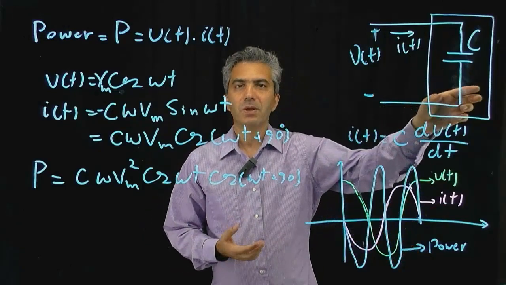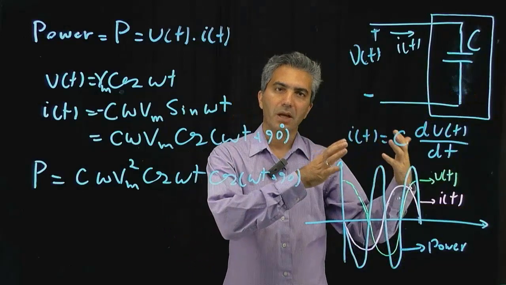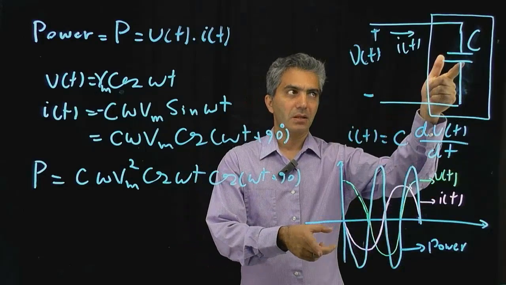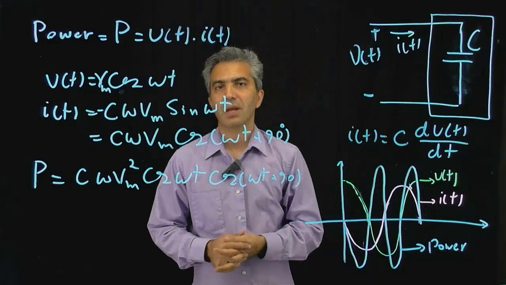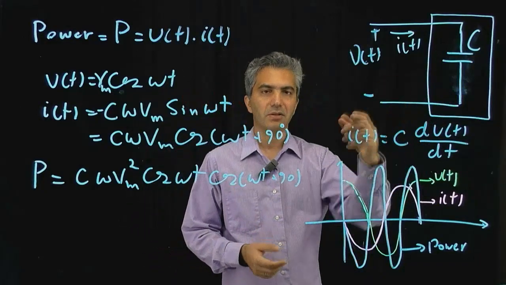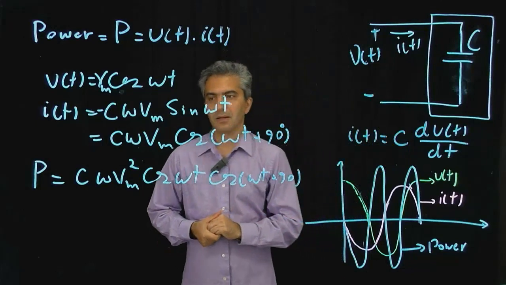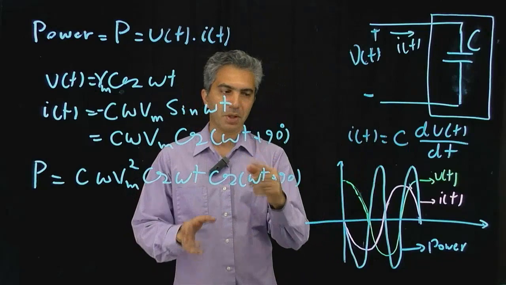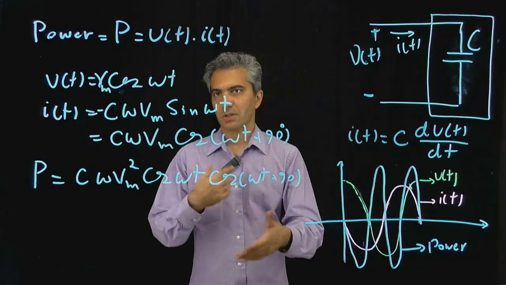The only difference between the capacitor and inductor is that the energy was conserved in the form of kinetic energy or magnetic field in the case of an inductor, whereas in the case of a capacitor, the energy is conserved in the form of potential energy or charge or electric field, and then it comes back to us in the next period of the power as it switches polarity from negative to positive, and it just keeps